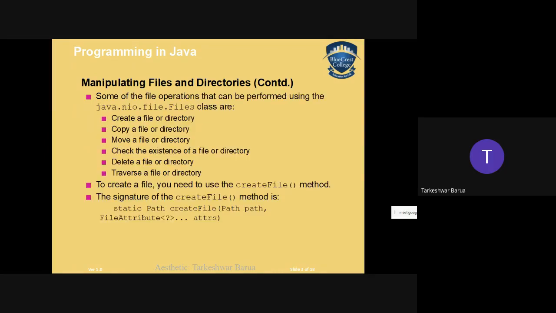You can watch my video on design patterns, which is available on YouTube. Design patterns are very important. When you go for a job in the industry, they will definitely ask you about design patterns. That is very important.